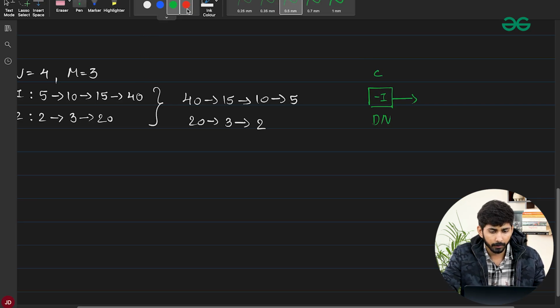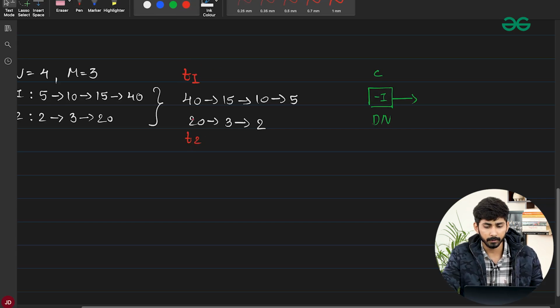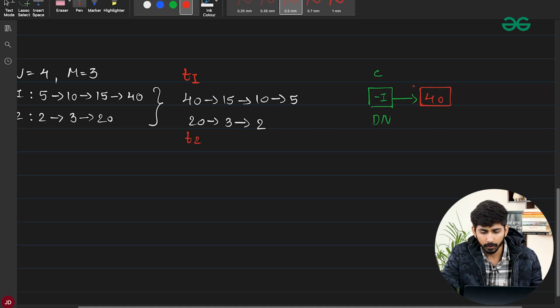And along with this, I'll be having two different pointers, T1 and T2. T1 will be pointing to the head of this reversed linked list, and T2 will also be pointing to the head of the other reversed linked list. Now which is greater between T1 and T2? I can see 40. So I'll take the node 40 and attach it over here,